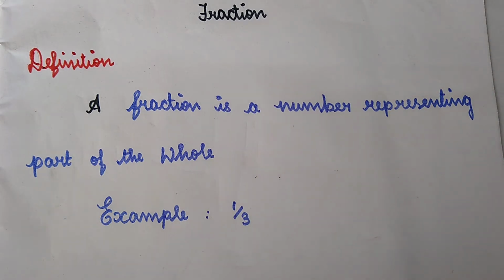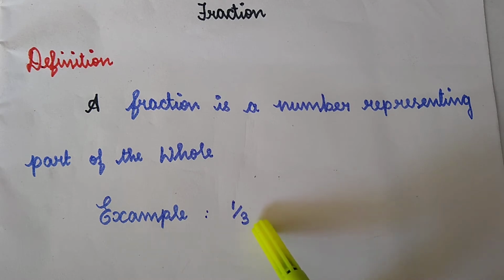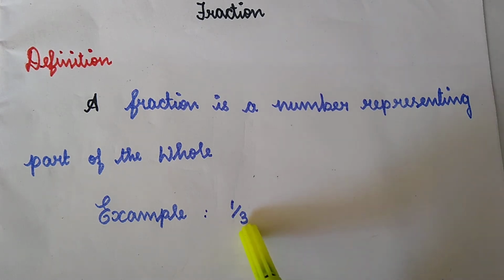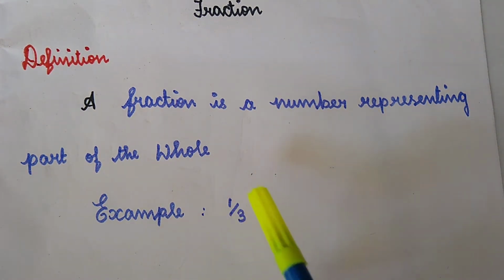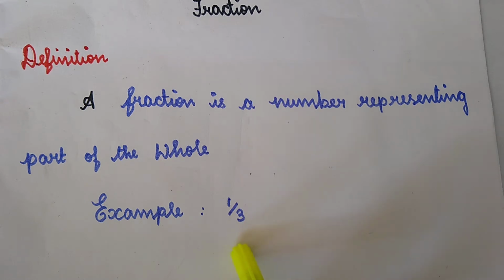So, a fraction is used to represent a part of a whole. A fraction consists of two numbers: one is the numerator and the other is the denominator. Numerator means above the line and denominator means below the line. Here, the numerator means how many parts are taken from the whole and the denominator means the total number of parts. Are you clear? This is an example of a fraction. Let's move to the exercise problems.